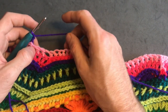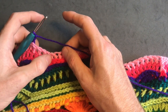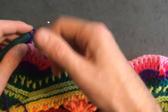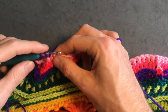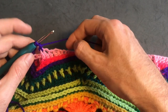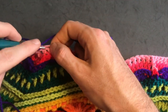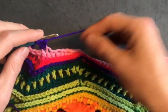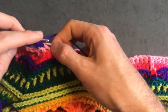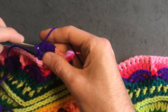And then we're going to go into the second crochet down here. Well, no, it's a half double crochet, so it's not this one here, but it's actually this one here. And we're going to make a cluster stitch. So yarn over, go through that stitch, pull up a loop, yarn over and pull through 2. And we're going to do this 5 times in total, so that's 1, 2, 3, 4, and this makes 5. Yarn over and pull through all those stitches,